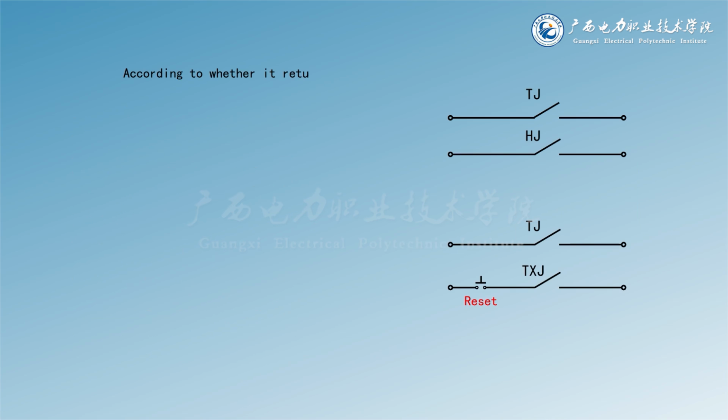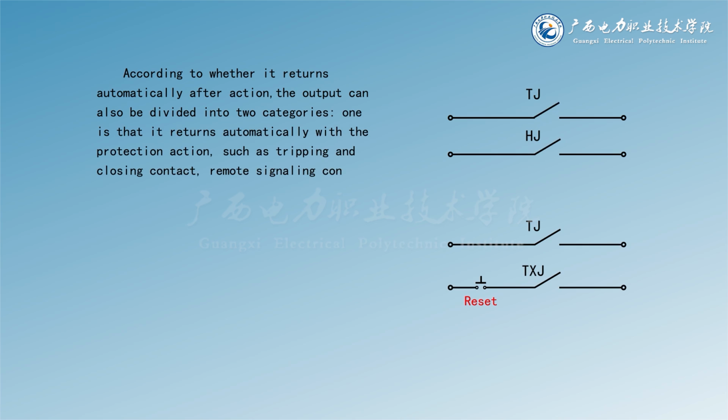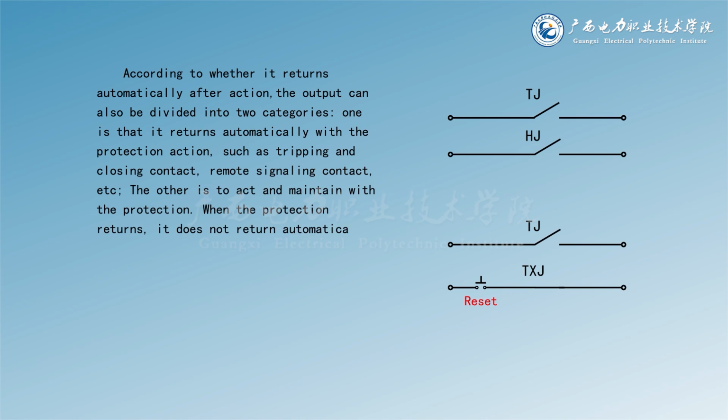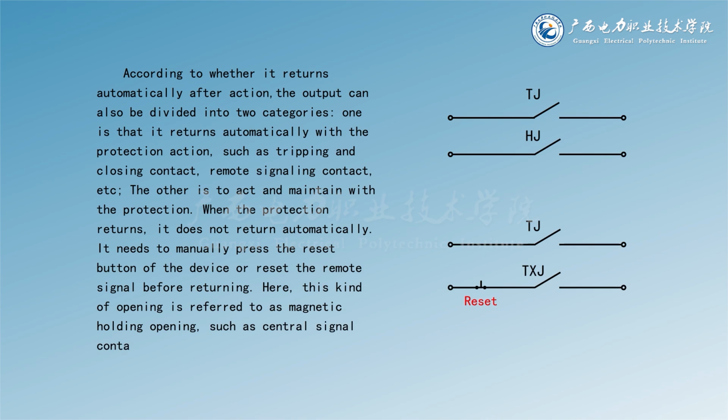According to whether it returns automatically after action, the output can also be divided into two categories. One is that it returns automatically with the protection action, such as tripping and closing contact, remote signaling contact, etc. The other is to act and maintain with the protection. When the protection returns, it does not return automatically. It needs to manually press the reset button of the device or reset the remote signal before returning. Here, this kind of output is referred to as magnetic holding output, such as